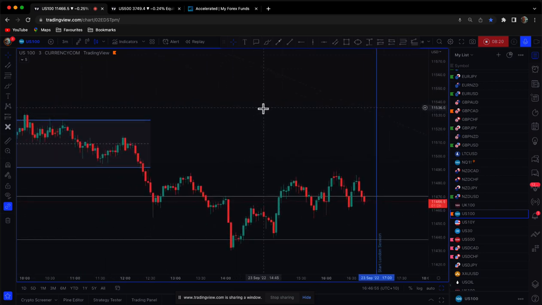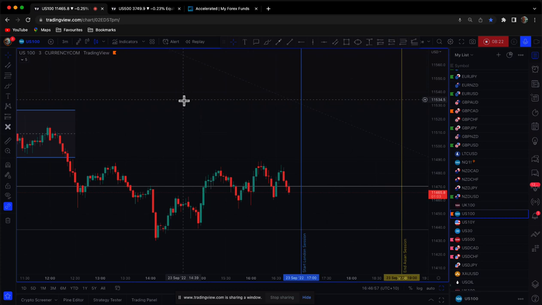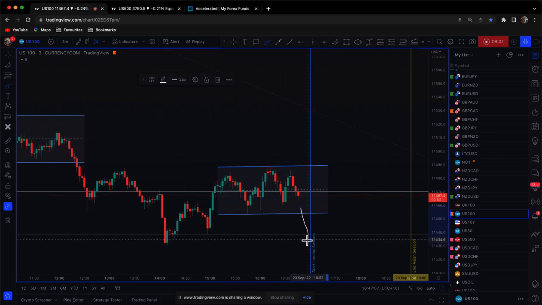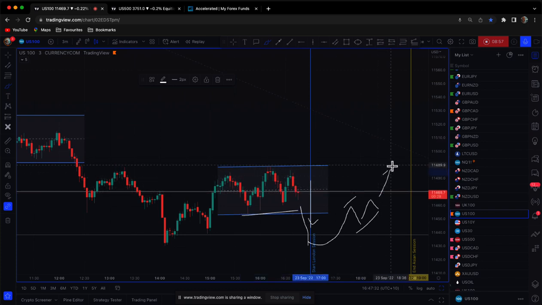US 100. What else can I say? Yeah, that's pretty much it. I mean, if you wanted to get involved with that, I would be waiting for, see if we get this and some sort of rotation, and then we see higher highs and higher lows starting to form here. That will be a cue to enter long, but I want to see it drop here first, under here. Okay, that's my take on the